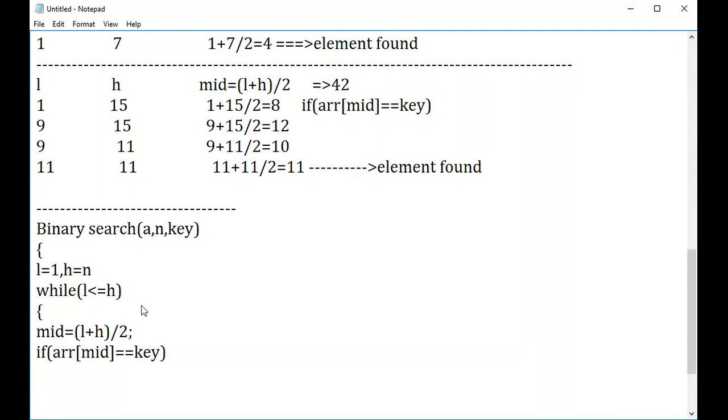If this condition is true, I can print directly, or I can return out of this function. I'm writing a separate function, right? We can return your mid value as the index position where the element is found.